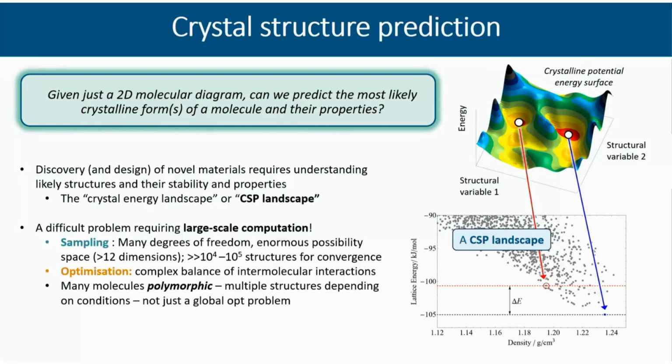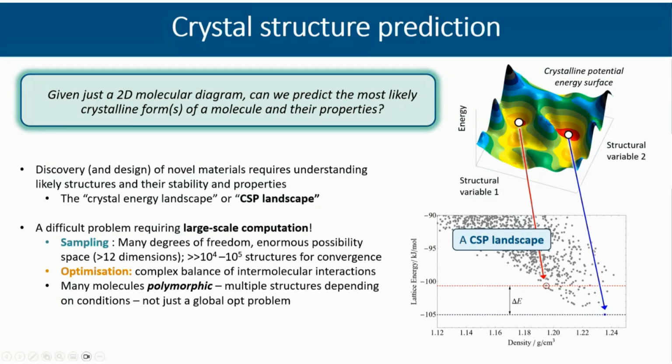And this isn't just a global optimization problem, as mentioned before. Many molecules are polymorphic. They can exhibit multiple different crystal structures depending on crystallization conditions, and so we care about finding as many of the local minima as we can on the landscape, and certainly the lower energy local minima,